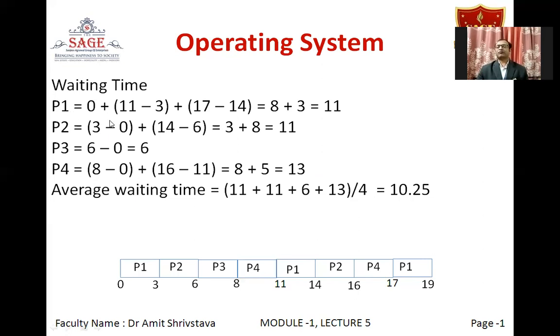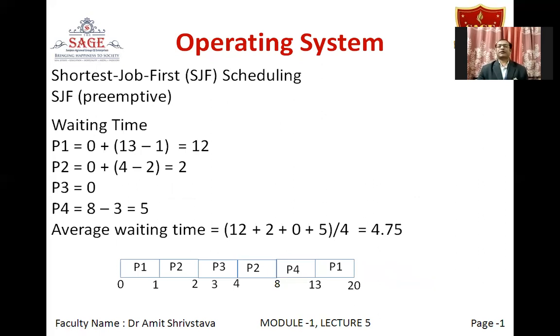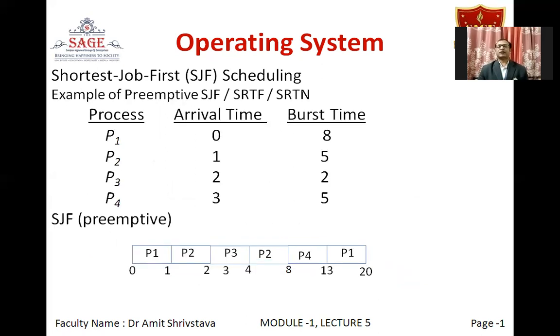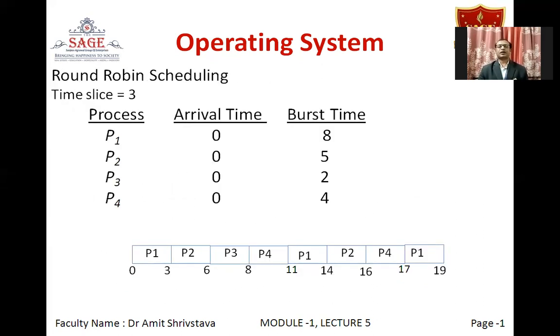So we can see here, if we compare now SJF and this round robin, SJF is far better. SJF is giving us far better performance than the other algorithms. Like in round robin, it is 10.25, while we can see in the preemptive SJF, we are having only 4.75 average waiting time, and in the non-preemptive SJF, we are having 6.75 milliseconds average waiting time. Though the scenario was the same, arrival time was the same, CPU burst was the same for all the processes, right?